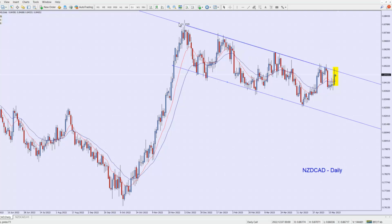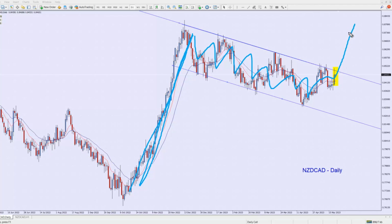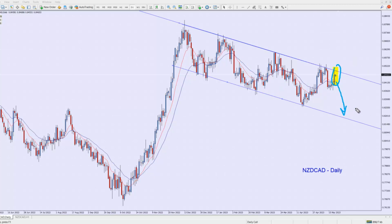Okay, so it's an actual nice channel falling down, which makes it like a pennant. So normally you have the flagpole here, and then it starts to channel here. And typically, they like to break in this direction. However, what I'm looking at, I'm not sure if it's ready to break yet or not. If it does break, it's not going to hurt us. But what I'm actually looking at is a reversal here to see if it does go down one more time